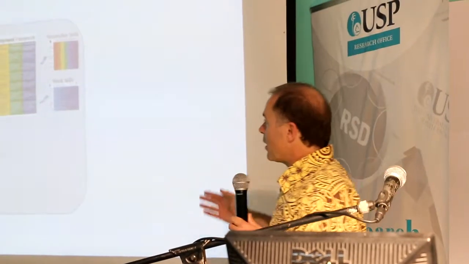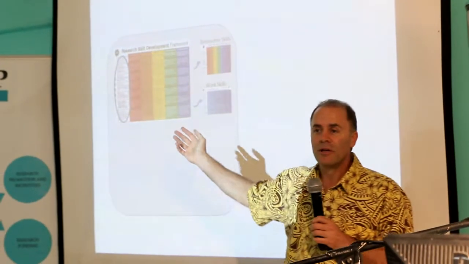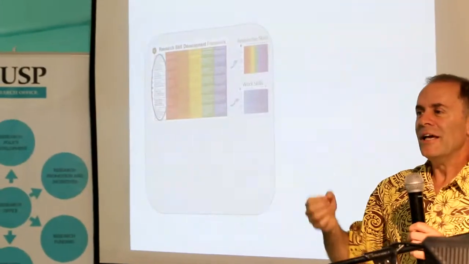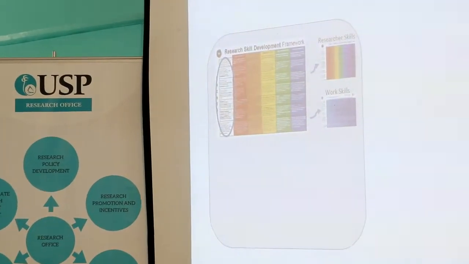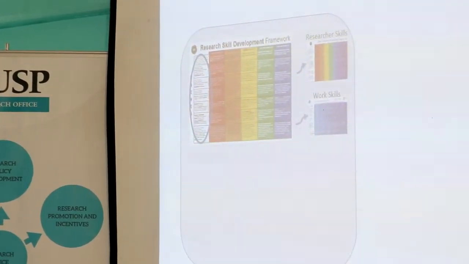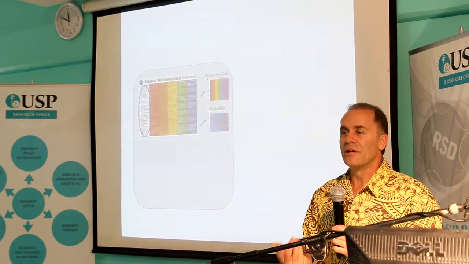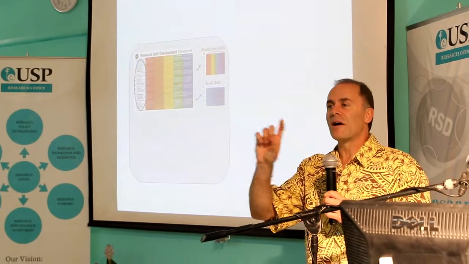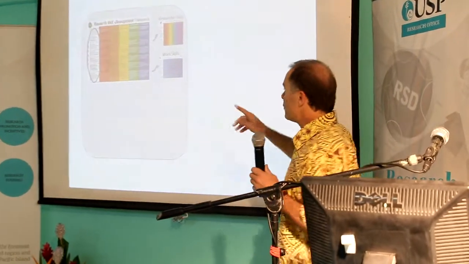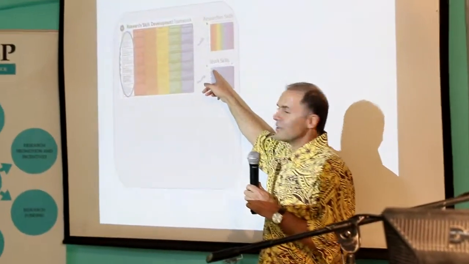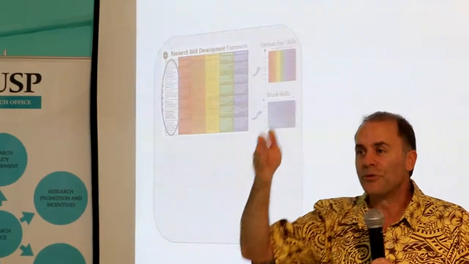Then a colleague in work integrated learning said, I love the ideas behind this framework, but it doesn't work in industry context when we're placing students for internships and placements. Employers don't talk about research. It takes 100 years to get them to use that terminology. It doesn't work. But we could use the terminology about work integrated learning. So, for example, instead of embark and clarify, that framework talks about initiative. And levels of autonomy are the same, but it's about the extent of initiative that a student shows in their employment context, from prescribed, following